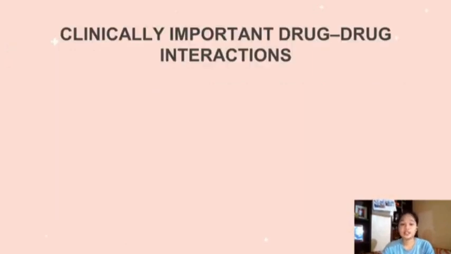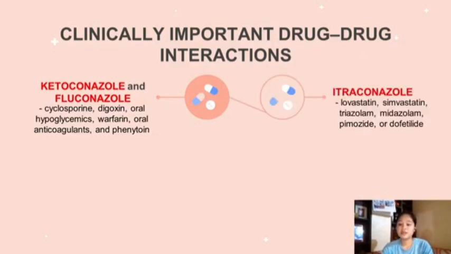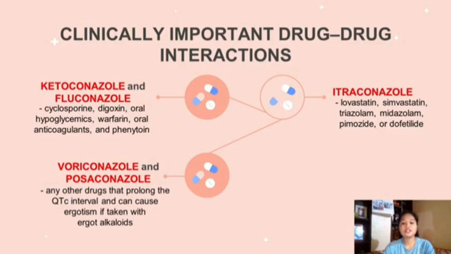For the drug-to-drug interactions, for ketoconazole and fluconazole, the words you can see are the drugs that are combined either with ketoconazole or fluconazole. If mixing the drugs cannot be avoided, you must monitor the patients closely and check if it needs dose adjustments. Meanwhile, for itraconazole, below are the drugs that should not be mixed as it may result in serious cardiovascular problems. And for voriconazole and posaconazole, drugs that prolong the QTc interval should be avoided as well